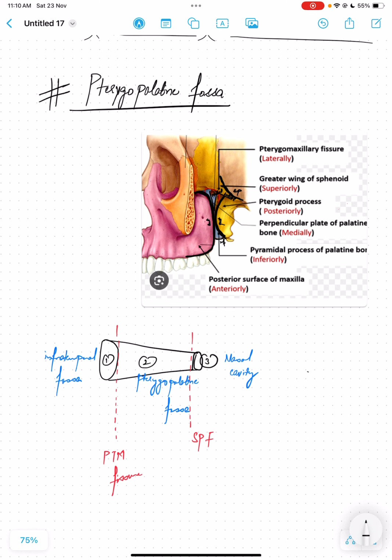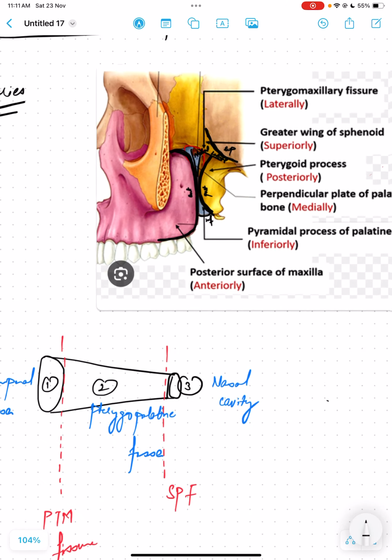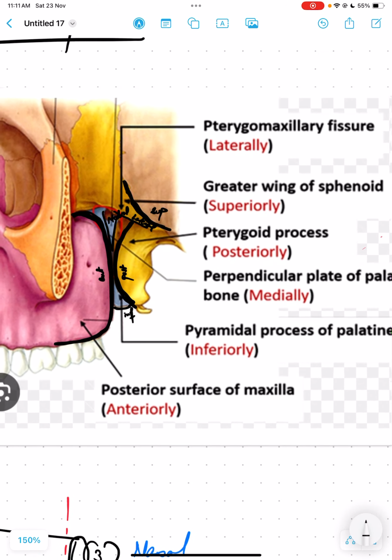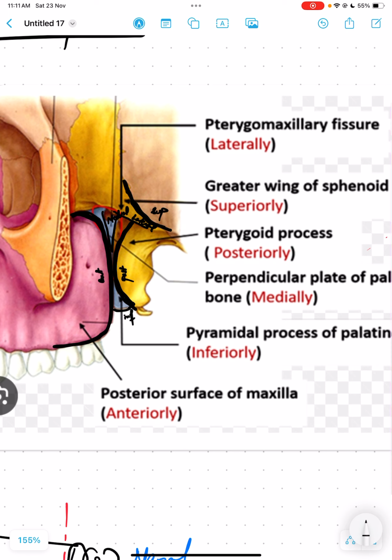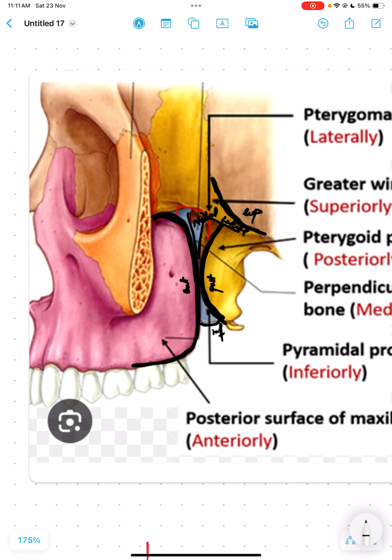Our next topic is the pterygopalatine fossa. Before beginning with the pterygopalatine fossa, we will learn about its boundaries. As you can see in the diagram, I have marked the anterior, posterior, medial, lateral, and superior boundaries for all of you. As you can see, this pink bone